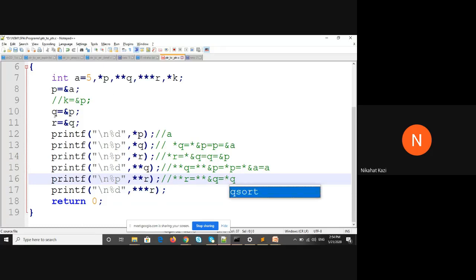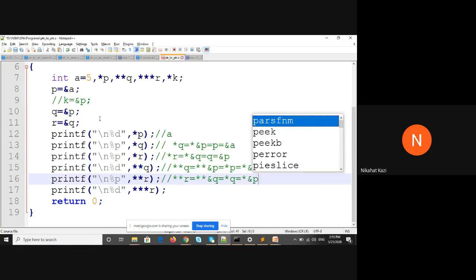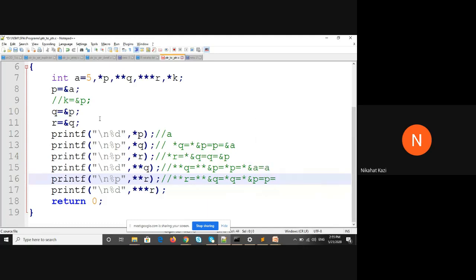Q is nothing but address of P, so it is star of address of P, which is nothing but P. And what is P? P is nothing but address of A. So the answer here will be an address.